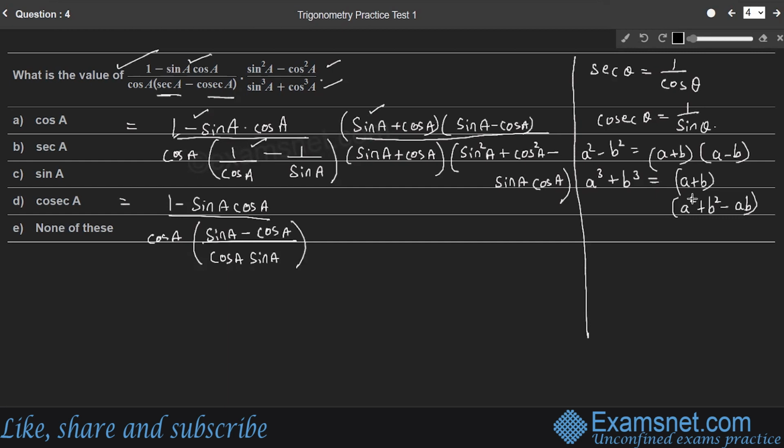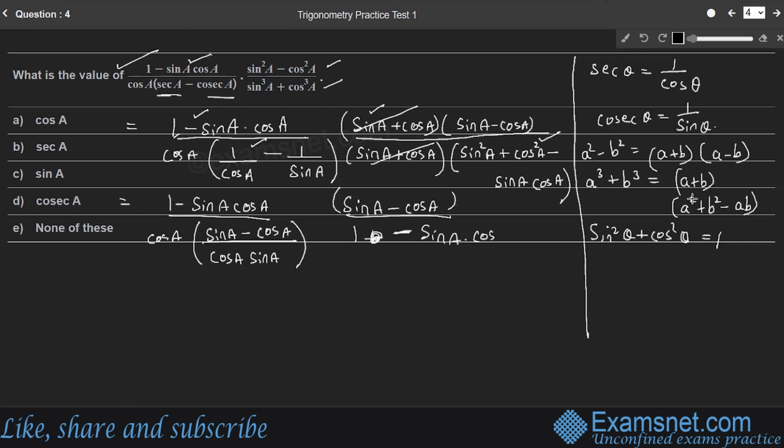And in the second term, right? We have sine A plus cos A, both in the numerator and denominator. So these two will get cancelled. And we have sine A minus cos A in the numerator, whereas in the denominator, we have sine square A plus cos square A, which is equal to 1, right? So sine square theta plus cos square theta is always 1. Therefore, sine square A plus cos square A is 1 minus, so this is not plus, 1 minus sine A